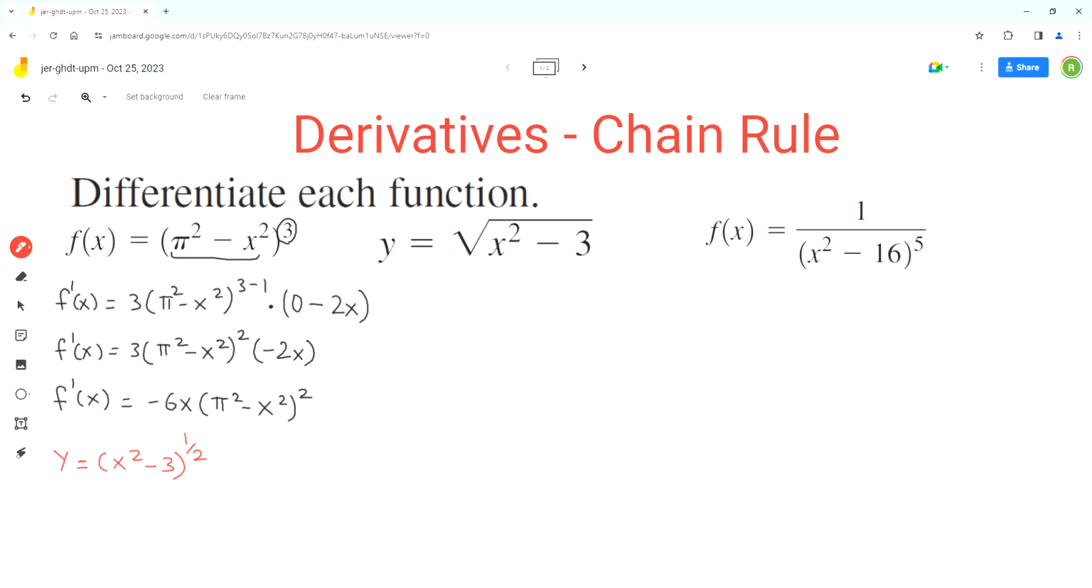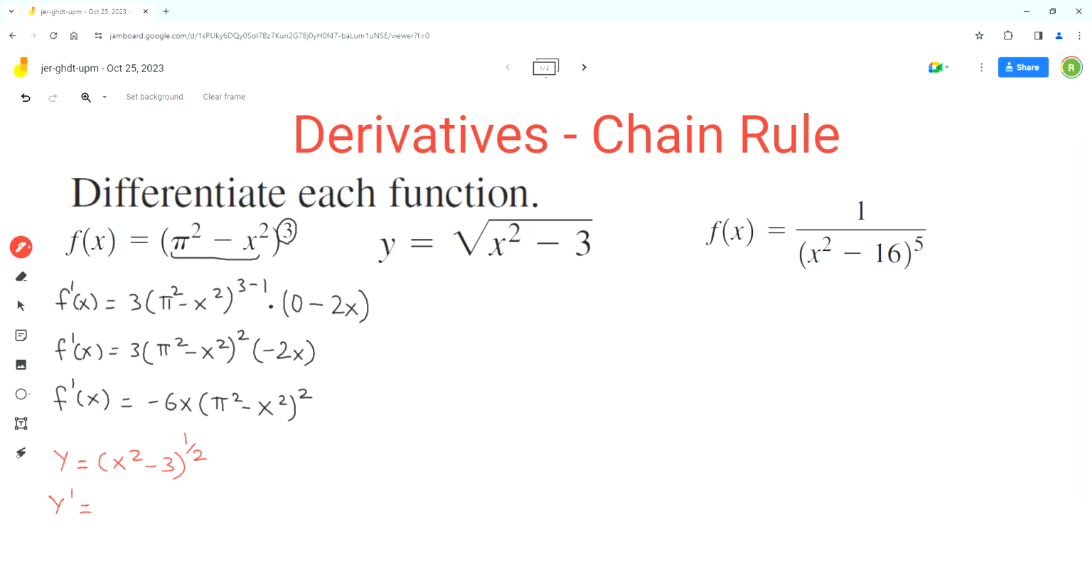Now we have to identify the inner function and the outer function to apply chain rule. So the inner function is x squared minus 3 in the parentheses and the outer function is an exponential function with exponent 1 over 2. So as per chain rule, we start with the derivative of the outer function. So here we can use the prime notation. So y prime equals,